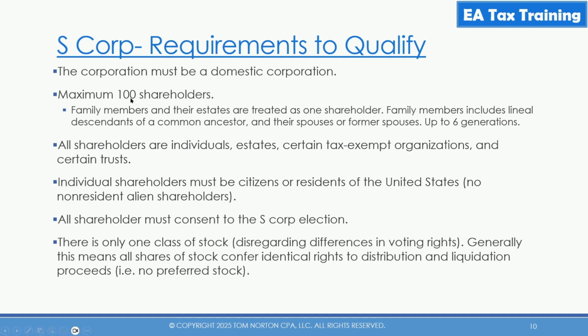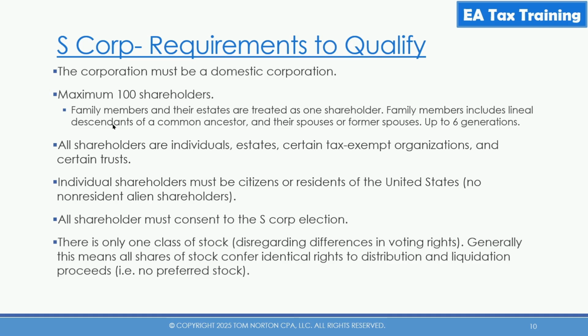100 shareholders is the maximum. However, there is this exception. Family members and their estates are treated as just one shareholder, no matter how many of them there are. Family members for this purpose includes lineal descendants of a common ancestor and their spouses or former spouses up to